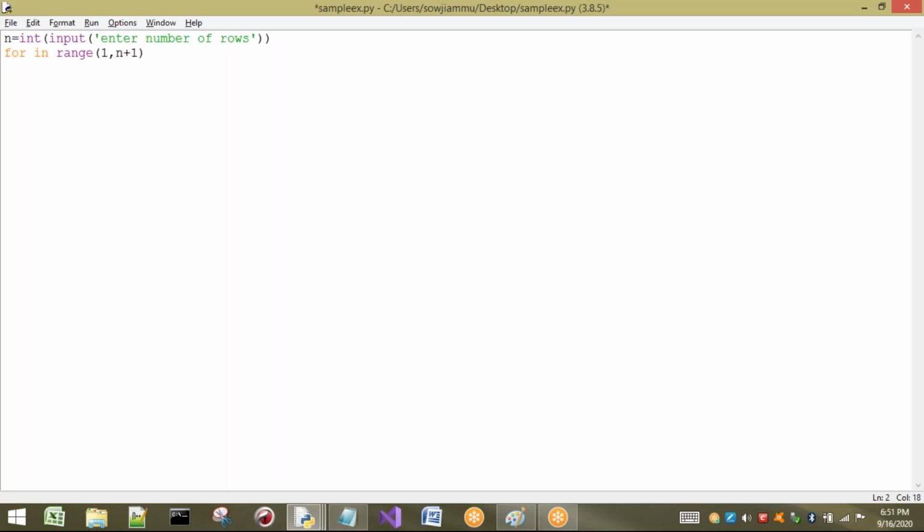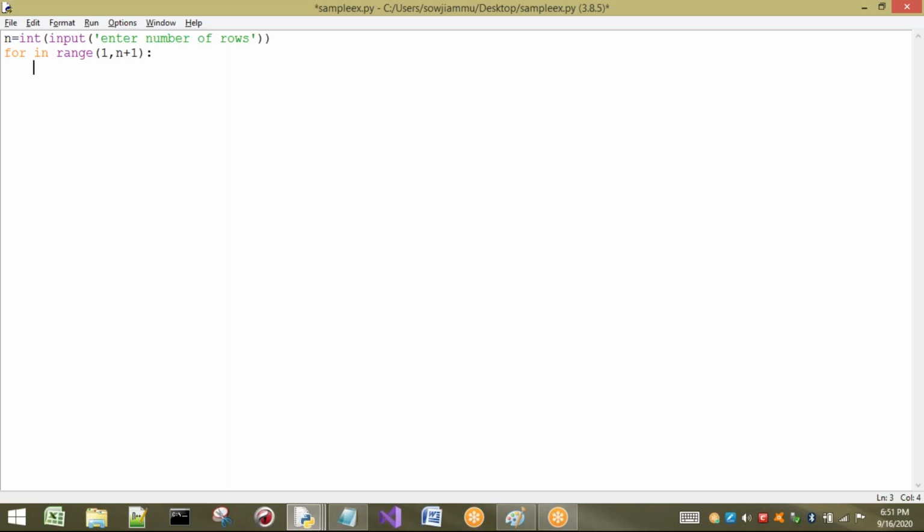Here we have to understand one thing. 1 to n plus 1 is nothing but what? Range will not take up to n plus 1, it will take only up to n, that means n plus 1 minus 1. Take a small example: 1 comma 10. If I write 1 comma 10 in range, it will take only 1 to 9. In the same way, 1 comma n plus 1 is going to consider up to n plus 1 minus 1, that is nothing but n only. So that I have taken in this way.